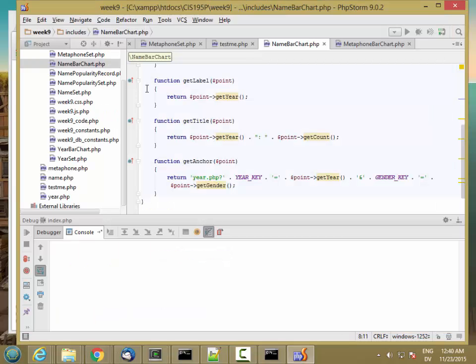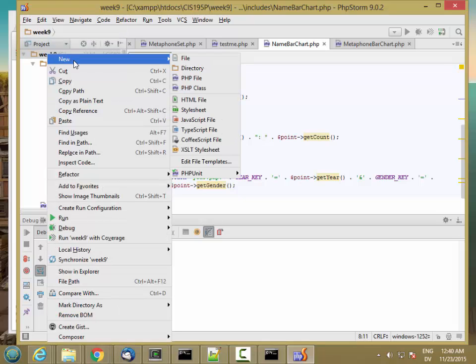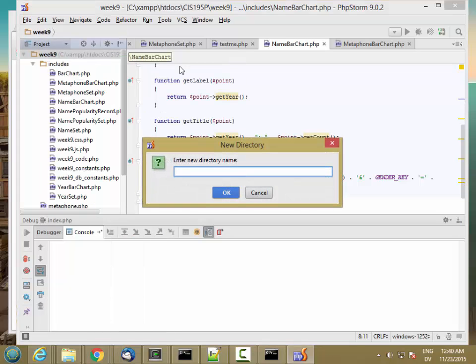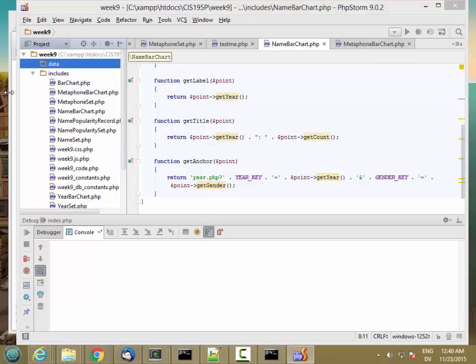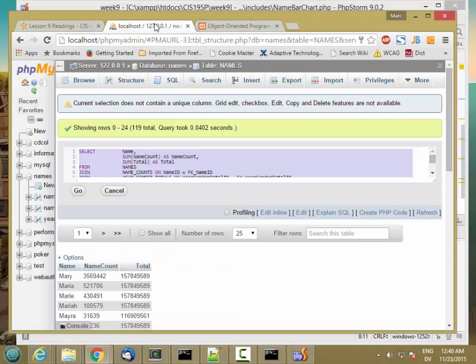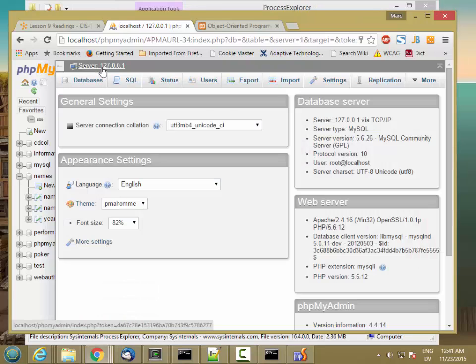So the first thing I'm going to do is in my week 9 project, I'm going to right click on week 9 and create a new directory called data. And that's where I'm going to store the export. And then to actually generate the export, I'm going to do that from phpMyAdmin. And if you go to the server and then click on this export tab,